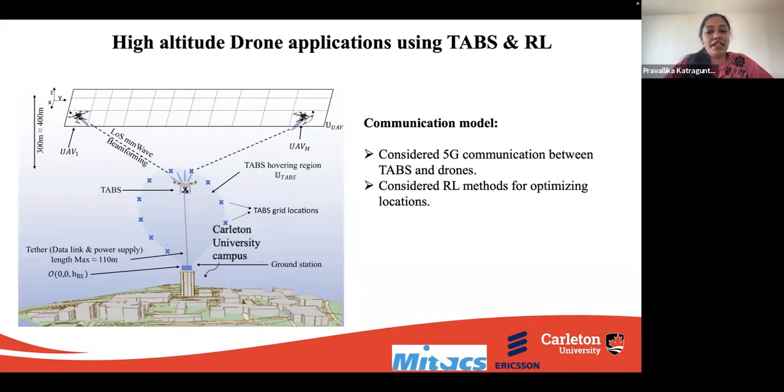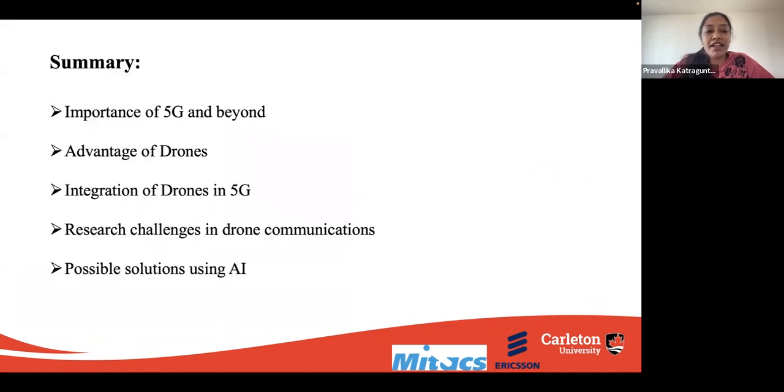And in my research problem, I have seen that Thompson sampling is giving better results with less regret and providing better connectivity to the higher altitude drones. To summarize, we have given an introduction of 5G and beyond, key capabilities and use case scenarios of 5G, and also